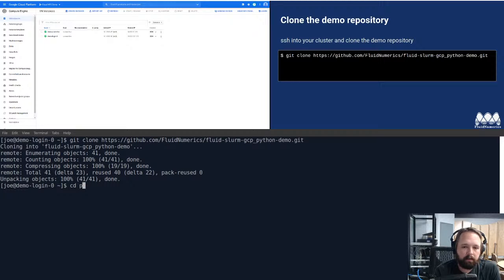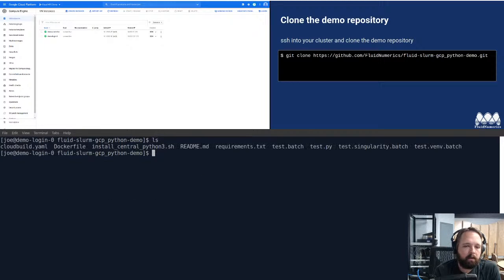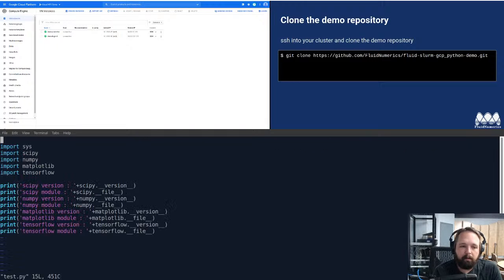Okay, so let's check out that directory. If you look at test.py, this is the main application we're going to be running today. All it does is bring in, like I said, Scipy, NumPy, Matplotlib, and TensorFlow. And for each of those packages, it's going to report the version and the location of where those packages are